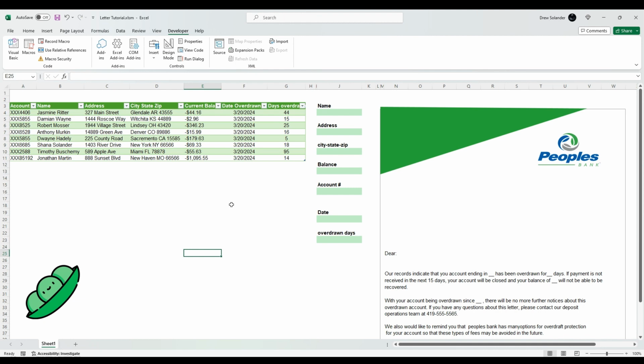Hello everyone. Today we're going to go over a simple way to pass data that we have in a table into a template letter that we might want to send to potentially customers. In this case, we have a fictitious bank with overdraft letters. We want to send those out to our customers, but we have the data and we want to be able to loop through each one of these rows and print these as a PDF so that we can print them